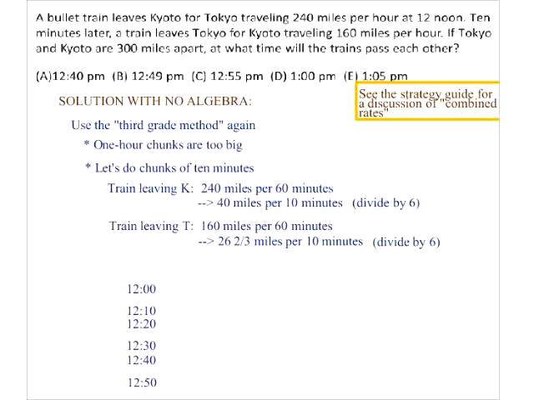So 12 o'clock, the Kyoto train hasn't gone anywhere, and neither has the Tokyo train. So this is 0 miles and 0 miles. At 12:10, the Kyoto train's gone 40 miles, and this train is still chilling, because it doesn't leave until 12:10. At 12:20, it's 80, 120, 160, 200 miles. And then this train has gone 26 2/3 of a mile, 52 4/3 is 53 1/3 of a mile,